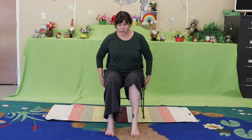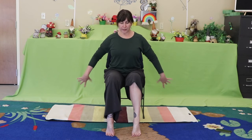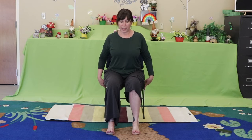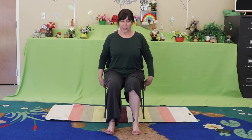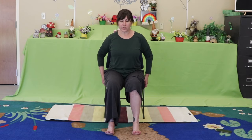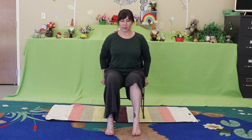Coming up onto the tippy toes. Taking a big breath in. Shake it out a little bit. Exhale. Press the heels down. Finding that small, little, tiny movement intentionally. Maybe even pulling the feet towards you without moving the feet, but just activating the muscles by pulling the feet just a little bit towards you. And then come up onto the tippy toes